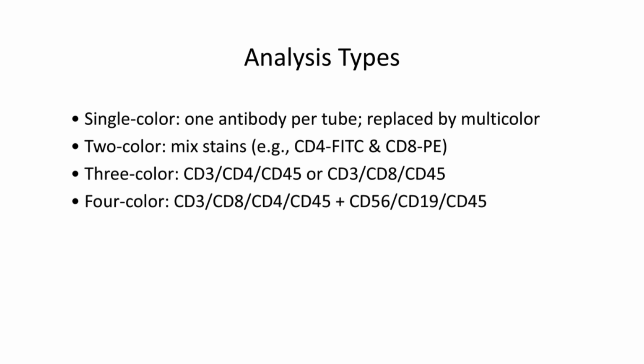Analysis can be done with single-color staining, but this has largely been replaced by multicolor analysis. In two-color analysis, for example, FITC and PE may be combined in the same tube to distinguish subsets like CD4 and CD8 T cells. CD45 and CD14 can be used together to gate leukocytes and exclude monocytes or debris. 3- and 4-color panels build on this approach, allowing simultaneous detection of multiple populations, such as CD3, CD4, and CD8